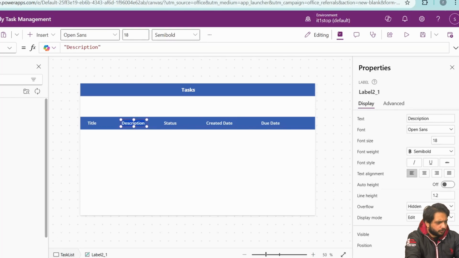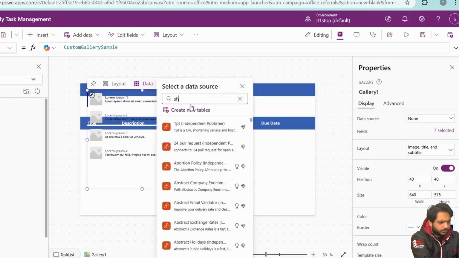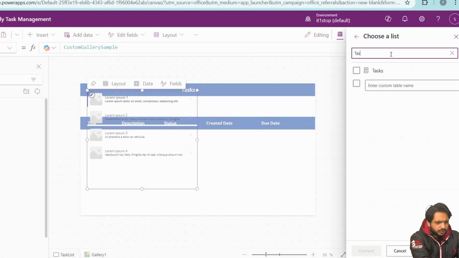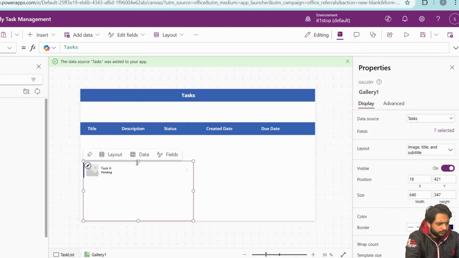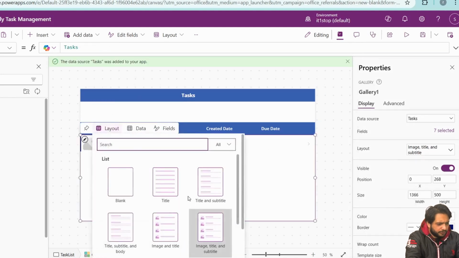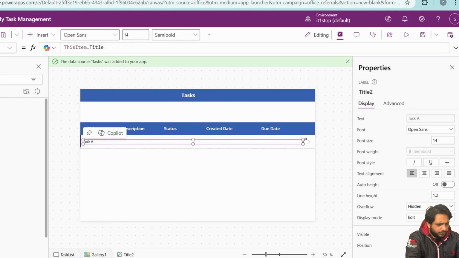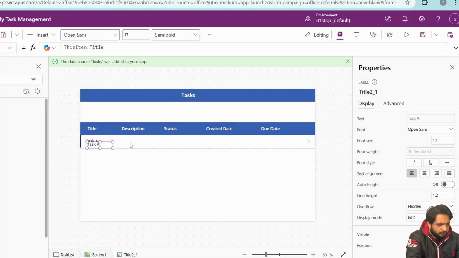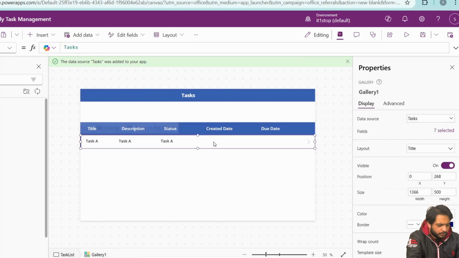Now I want to show my data, so I will select the vertical gallery. Here in the data I will select SharePoint. After selecting the connection, I will select my site. The list name is tasks. I will select connect. Now I will just drag it over my entire screen. For the layout, I will select title, then I will reduce the size. I will give it a font size of 17, and I will simply copy and paste 2, 3, then 4